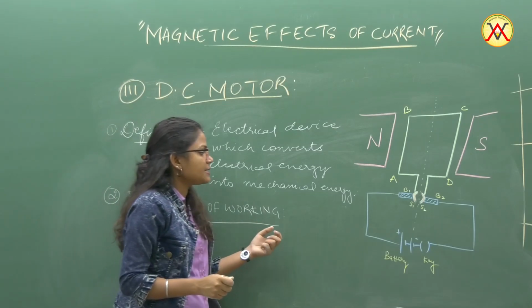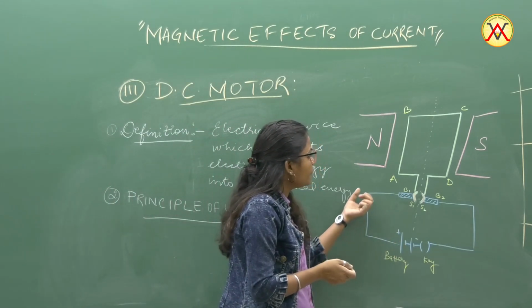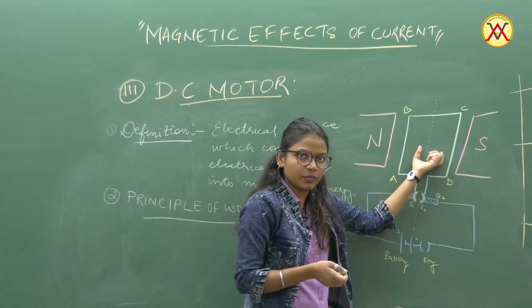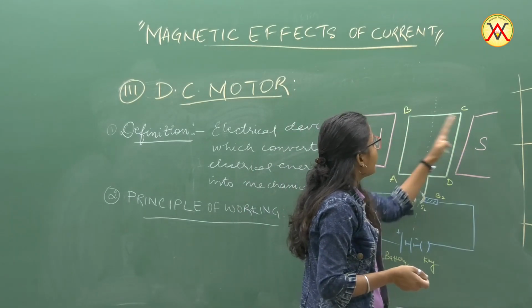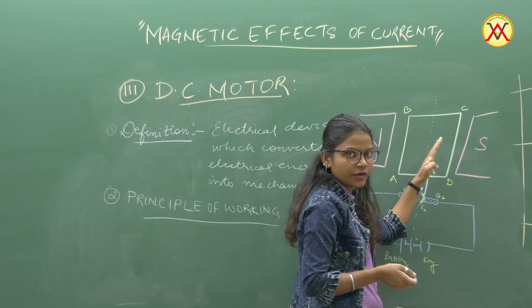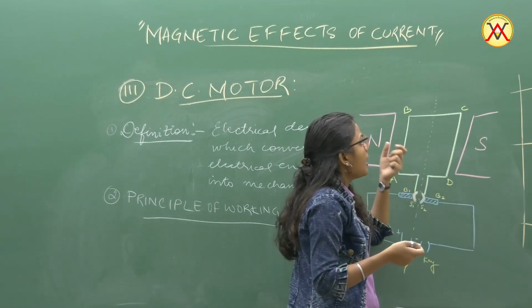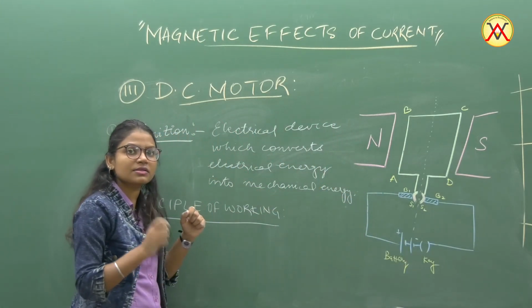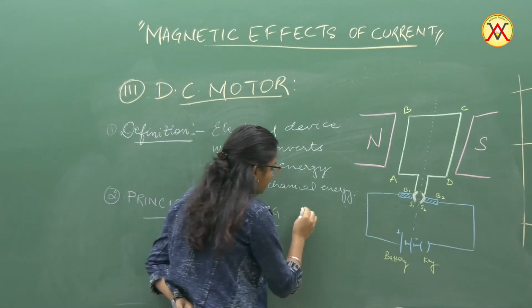Principle of working says that whenever a current is flowing through any rectangular coil of our motor, that coil, due to the permanent or uniform magnetic field in which it is kept, experiences a force, and the direction of that force is given to us by Fleming's left-hand rule. So our principle of working will go like,